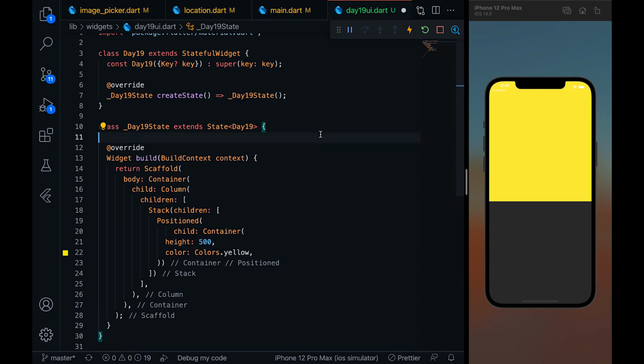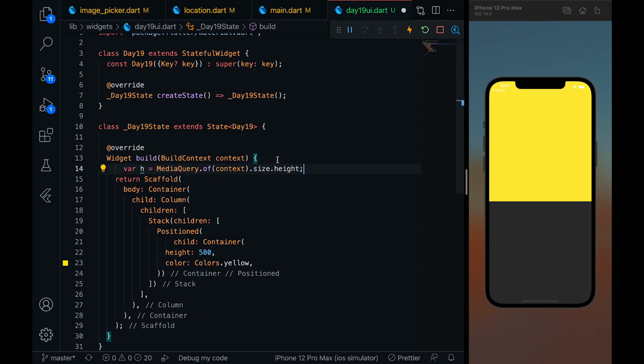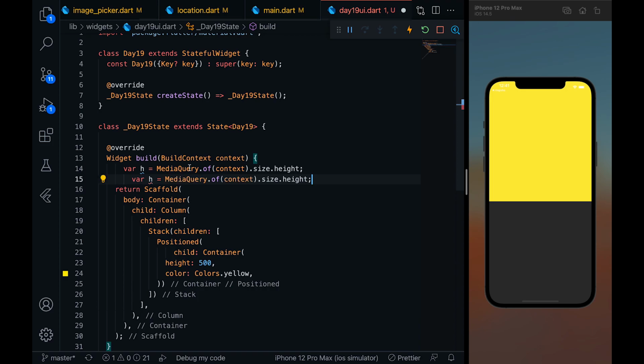This will be inside this widget, and then I'm going to paste this and make it w, and this will be width, and now I can make the height as h by 2.